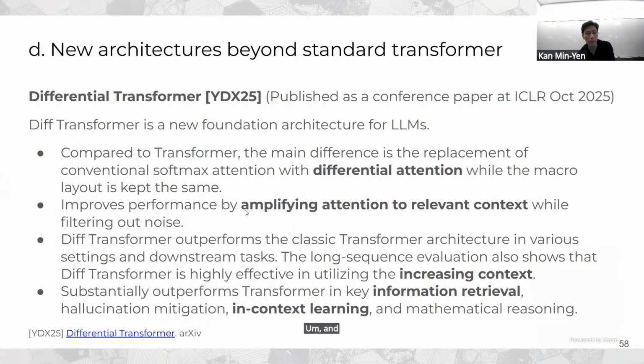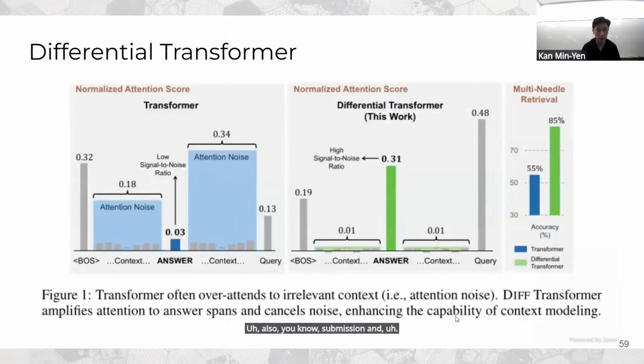And it improves performance by amplifying attention to relevant context while filtering out noise. Okay, so what it is good at is long sequence evaluation for increasing context. It outperforms the transformer in information retrieval and in-context learning. Also mitigating hallucination and improving mathematical reasoning. And you can see how it performs.